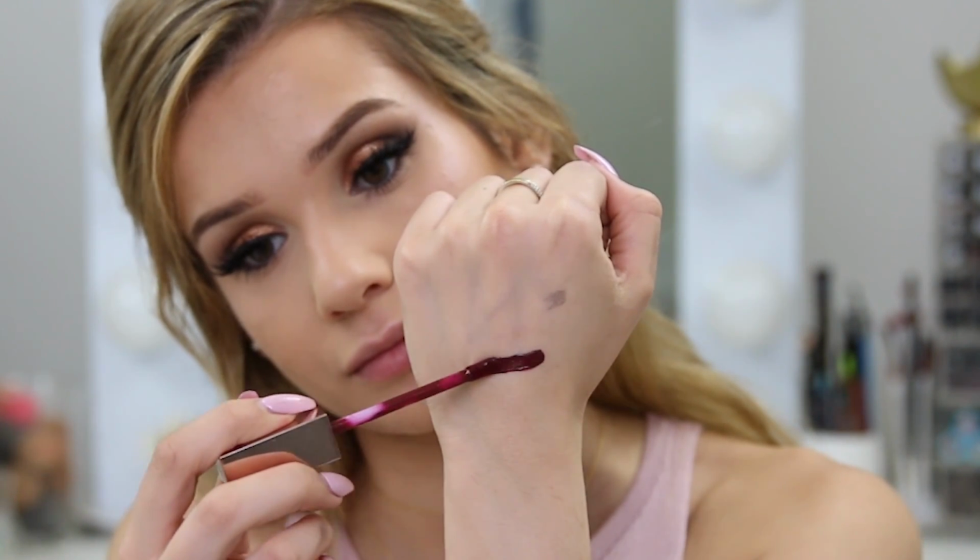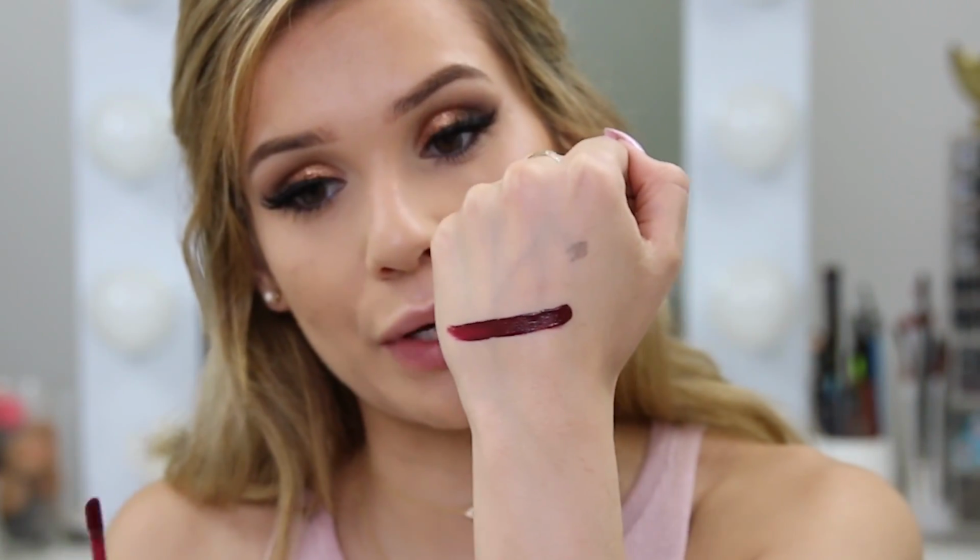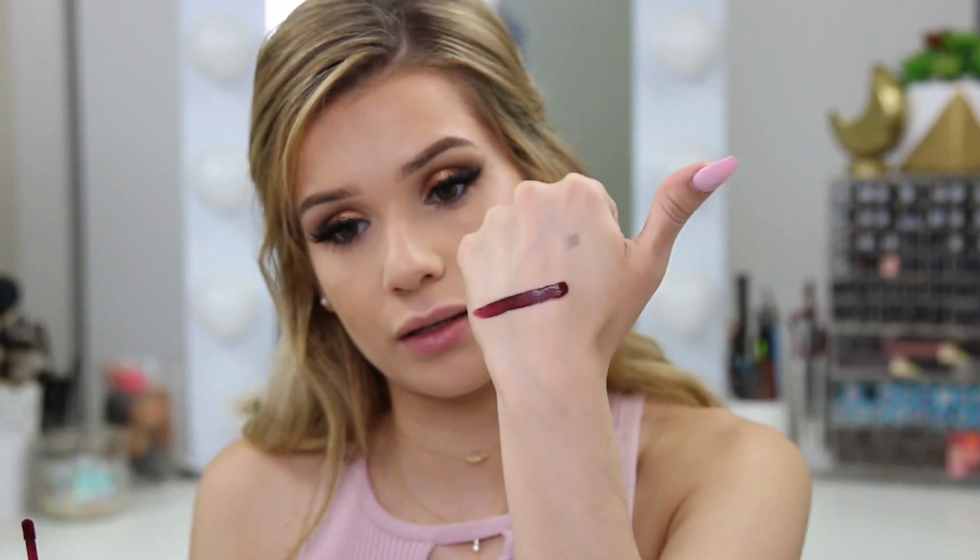So let's swatch it on my hand. Whoa, that is so pigmented. Holy, the entire swatch the whole way through was completely opaque and pigmented. It's definitely drying down matte. I'm not gonna wear this lip because it's just a little too dark, and also I want to test out